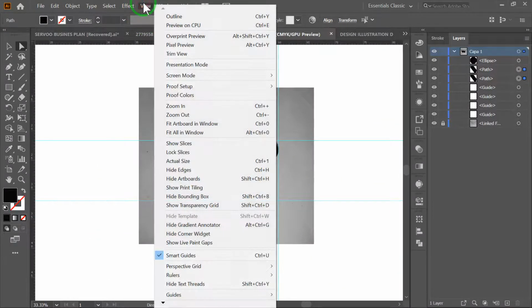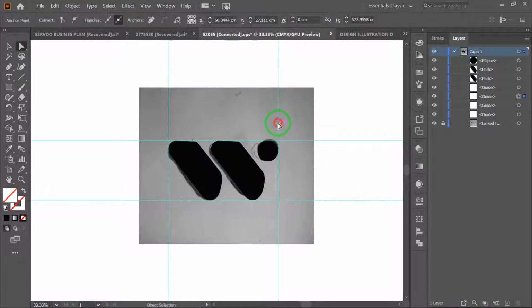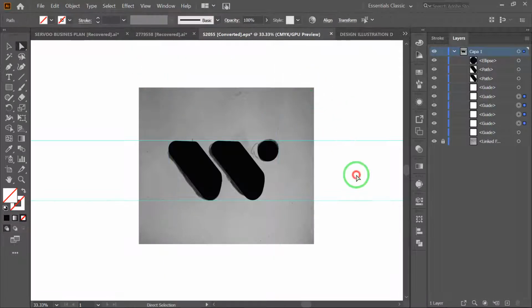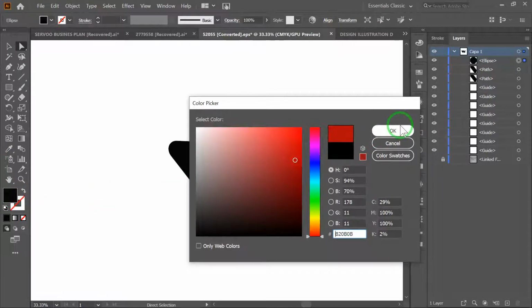Next thing we're going to do, we're going to disable the ruler and proceed with our work. You can delete the ruler lines. You can delete the ruler lines by selecting them. Then we are going to hide this. So we have our logotype. You can change this color to whatever you want,